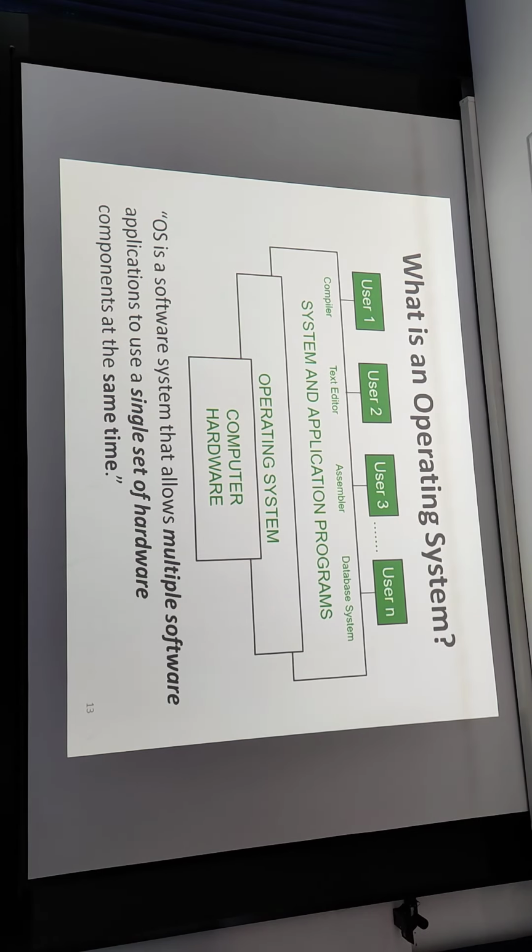Yes. So in short, I need you to remember just this slide. Because with this slide, you could do all the tests perfectly. You could theoretically get the maximum result of your task. Here we have a set of computer hardware. We need an operating system. And there are different users and different programs that run on our computer through the operating system or the kernel.